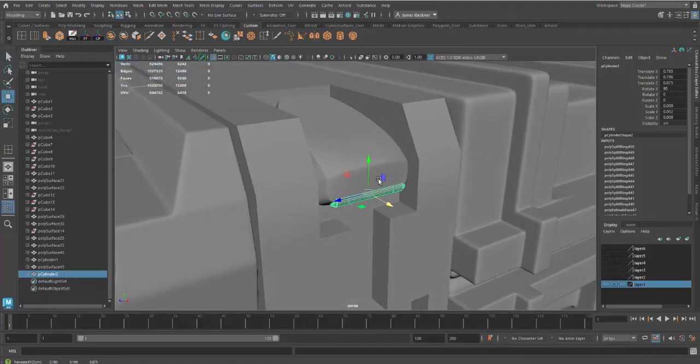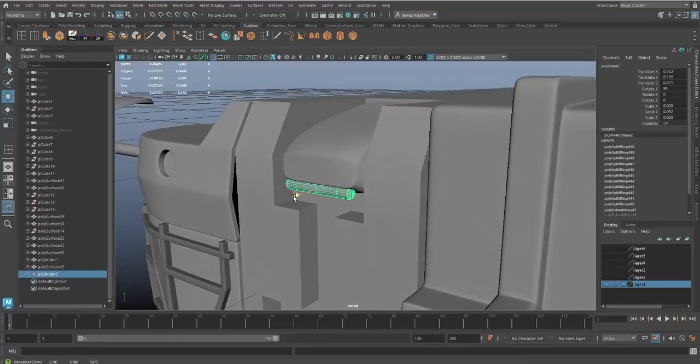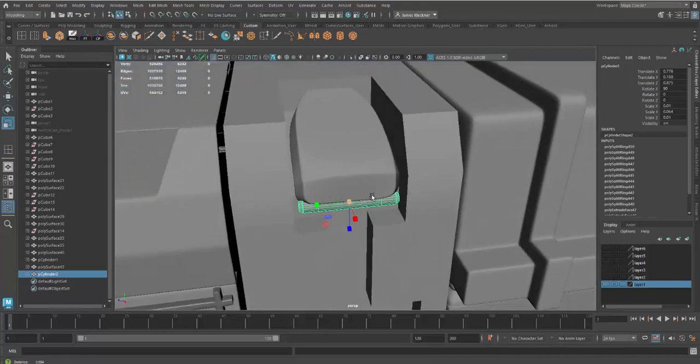But now I just need to put it in place. So I'm thinking something like this. Maybe I need to scale it up a little bit, something like that. And we're going to go ahead and call